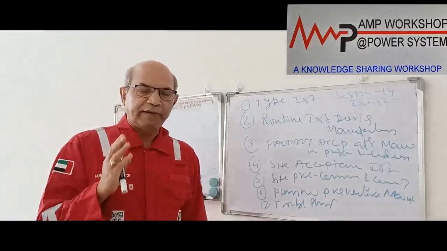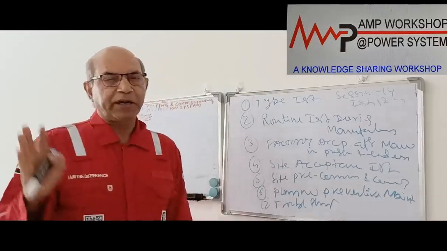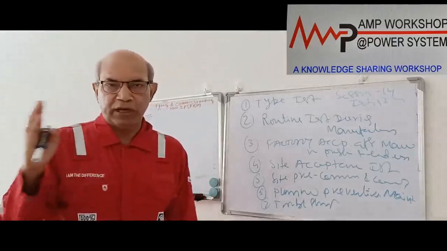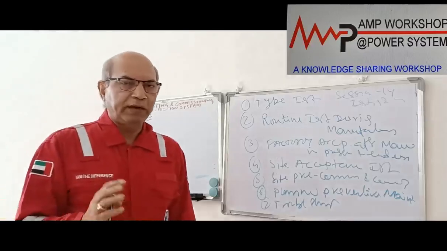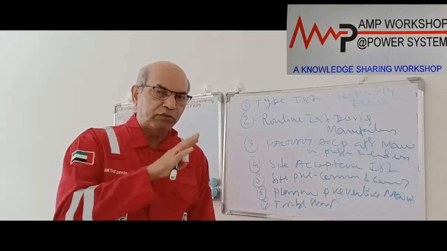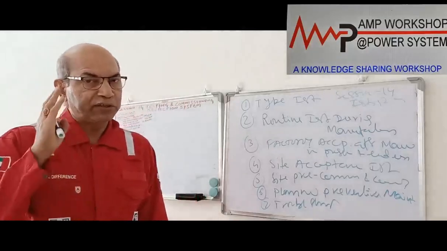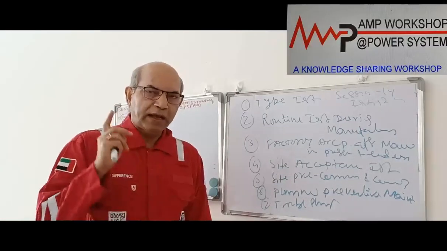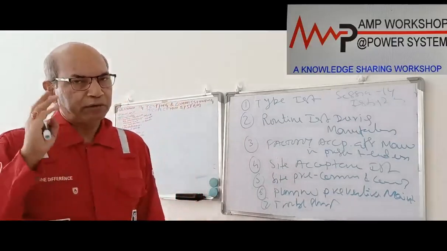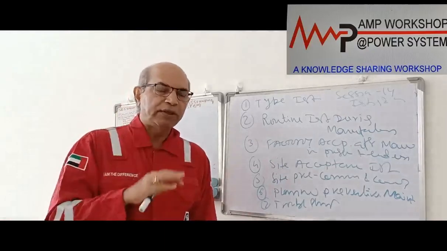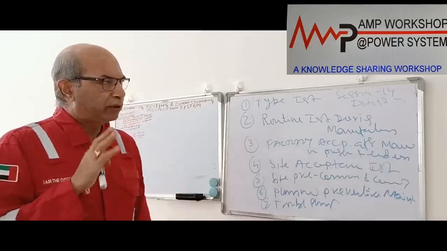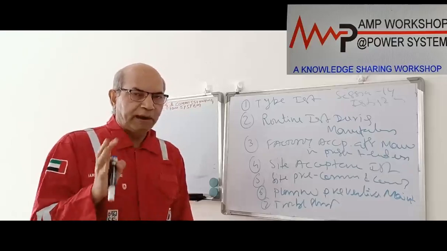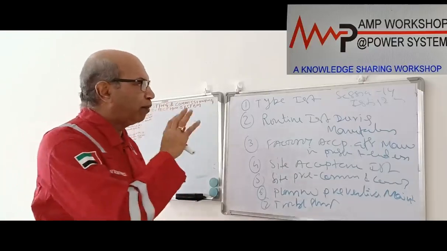And this type test is done in advance of marketing of the relay. That means when the relay, protection device or any equipment is going to the market for selling and application purposes, before declaring that, this complete group of tests has to be completed and established with a certificate that the equipment conforms to all the stipulated performance of the standard, as well as the manufacturer's own declaration if some characteristics are there, along with any specific end user requirement. The various tests by which this performance is established are grouped under type test.